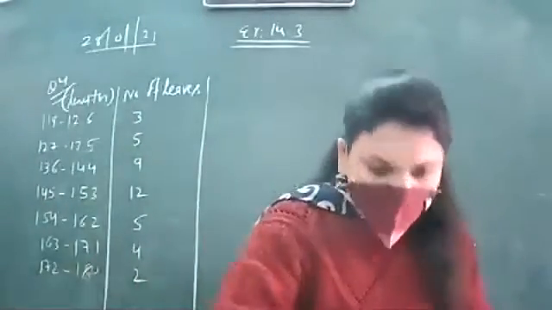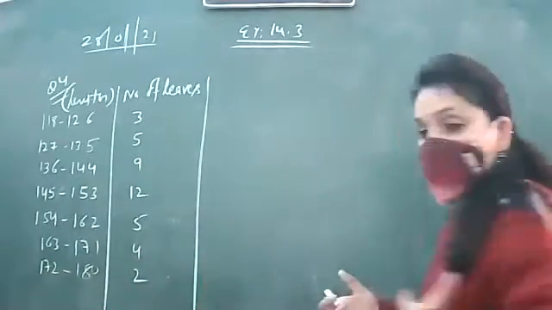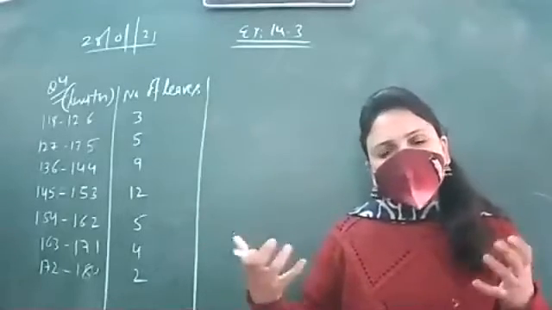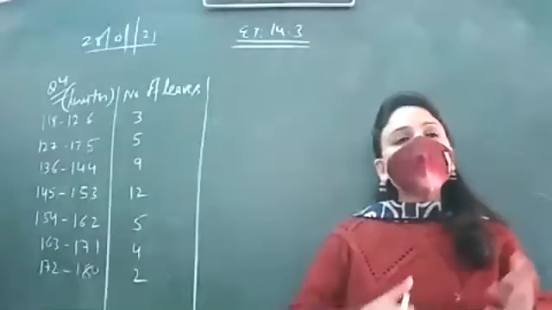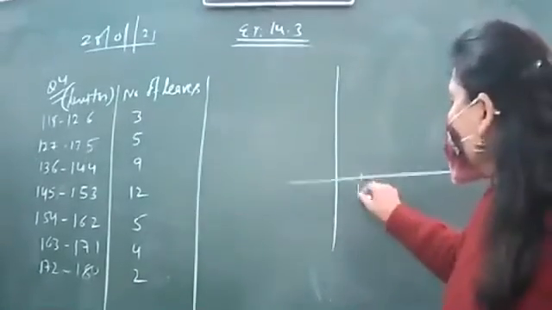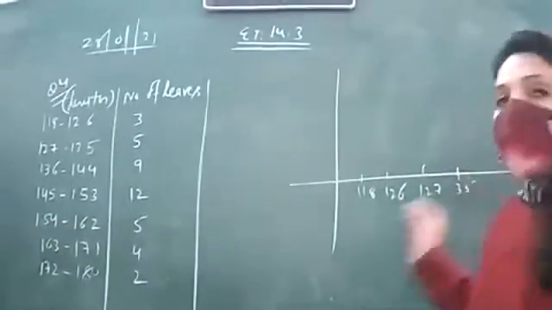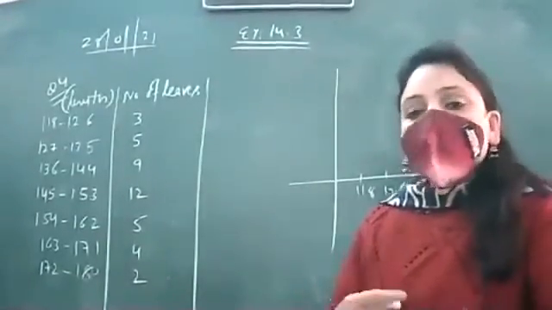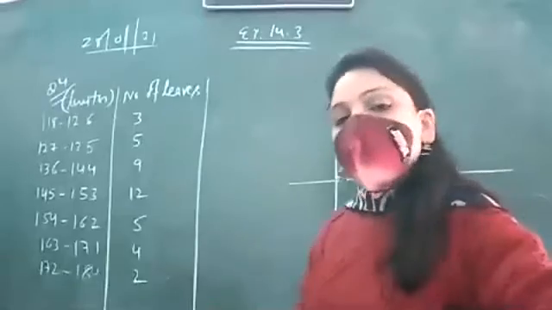So as the data is given, what we are observing, if I am drawing the histogram of this very data, let us make it roughly and let us see what kind of thing is there which seems to be the contradiction to the definition of histogram. If I am drawing this like this, suppose 118, 126, then 127 to 135, whatever, okay? So by drawing two bars we will know what is the shortcoming in this data which is to be fulfilled.